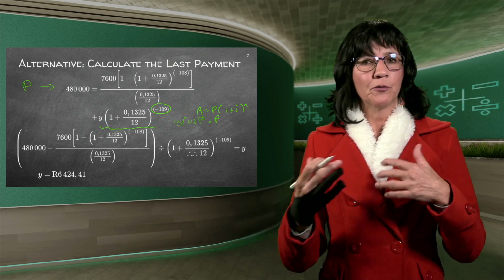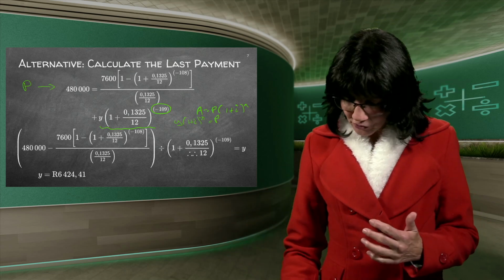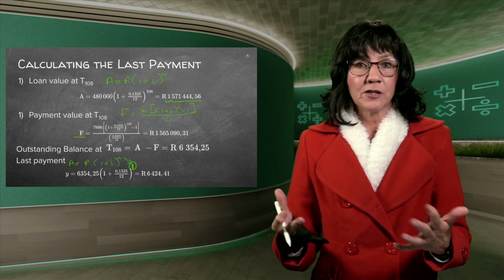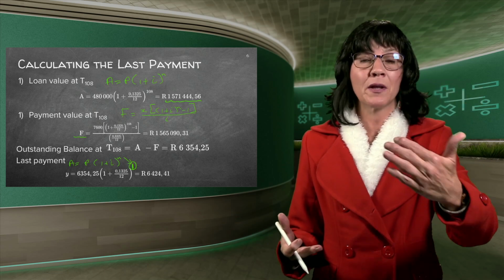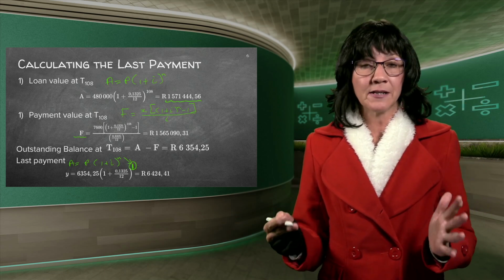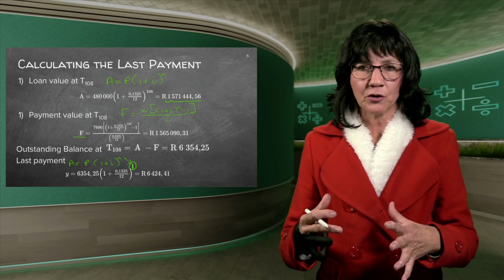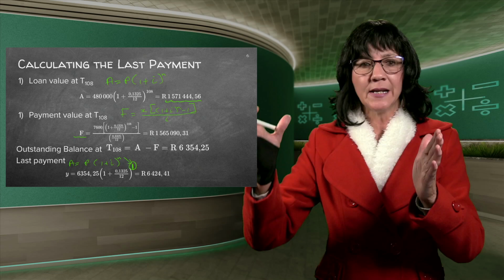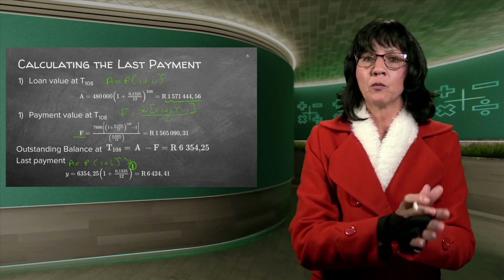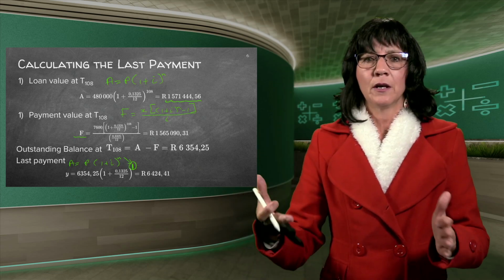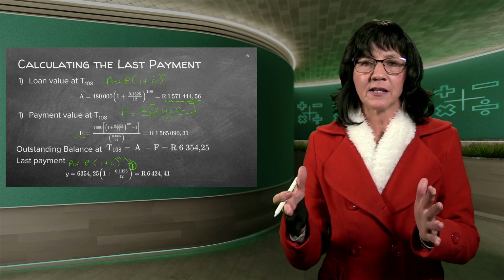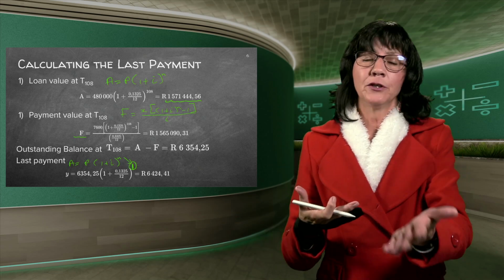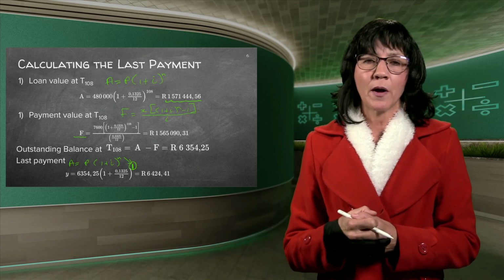So you go, try this on your own, see which one of the two methods makes more sense to you. This is also a very sensible method if you think of what you're doing and you're not just trying to remember what the teacher did, which is always a better thing to do. Understand what you're doing. Work out what the loan value is up to 108 months. Work out what you paid up to 108 months. If you subtract those two from one another, you will get the final amount that is still owed, and then you can just add the interest of that 1 month.